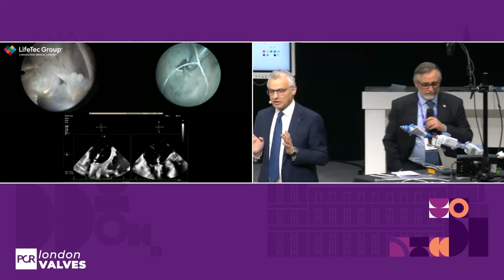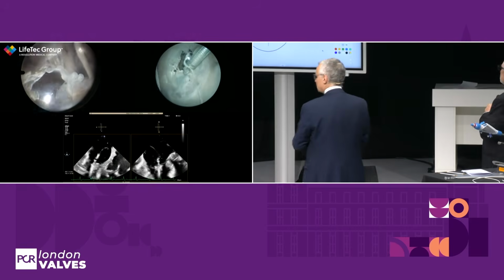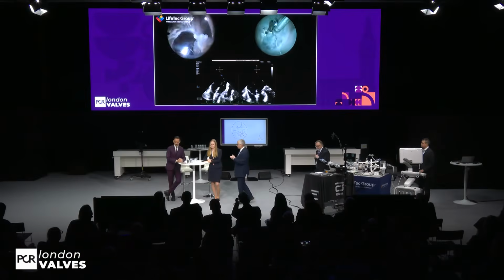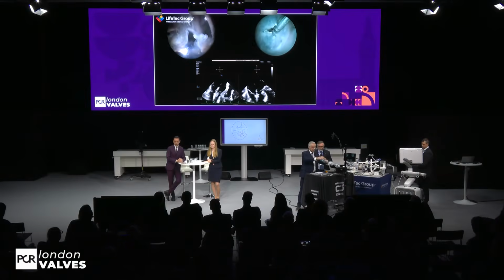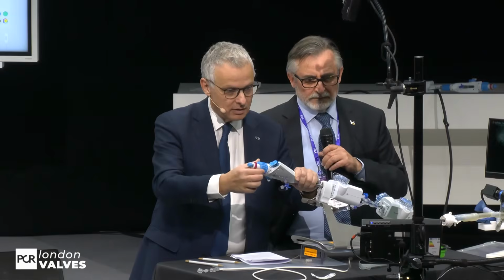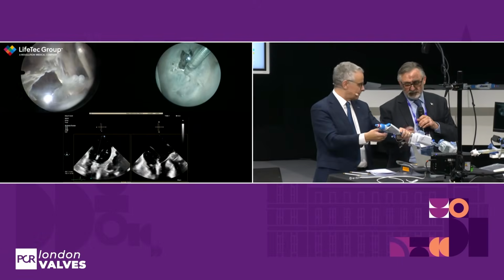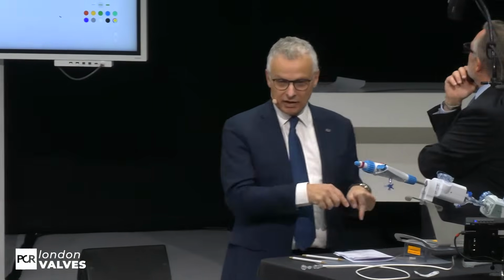Doable. What is the drawback, Maurizio, in your opinion? If we go here, we're pulling on the cord. Let's drop the grippers and close. Let's see what happens. Okay, I made a mistake, I didn't unlock. It's okay. So what I see in this simulator, again, is very convincing for me that we are interacting with the cord. So the drawback of this technique, number one, you're only treating half of the annulus